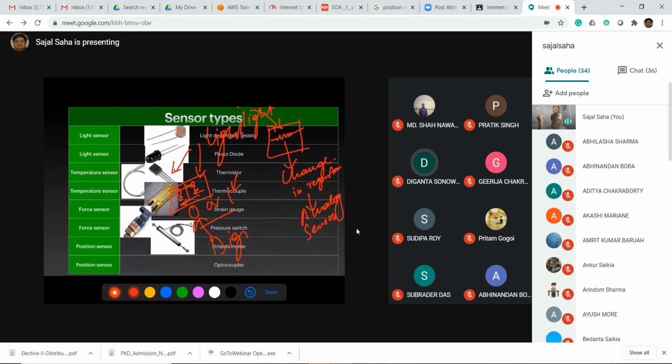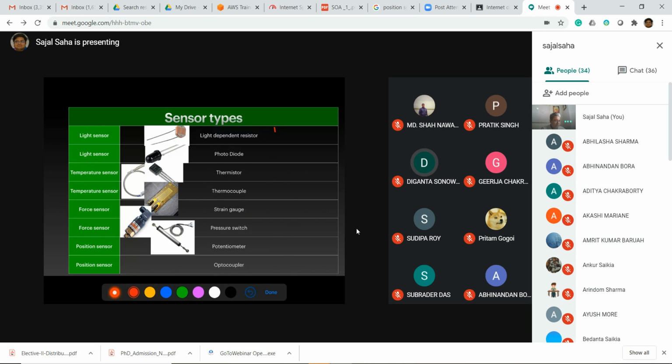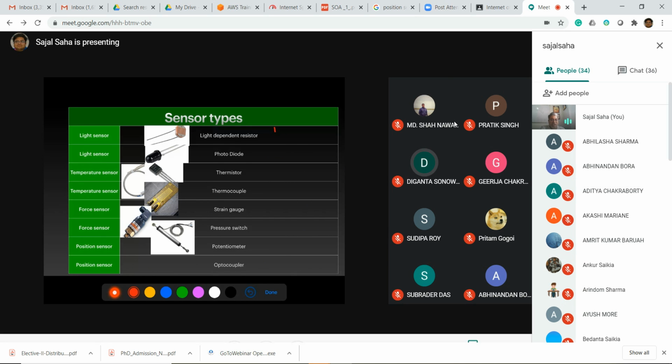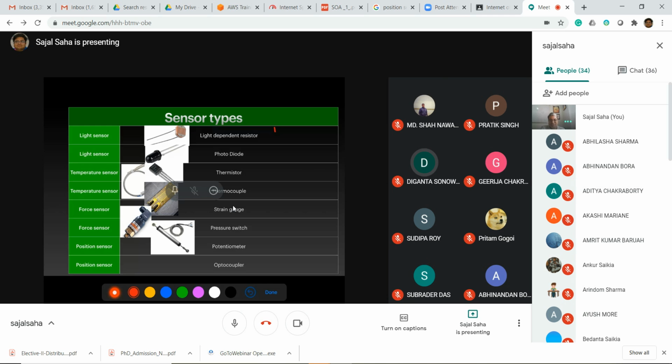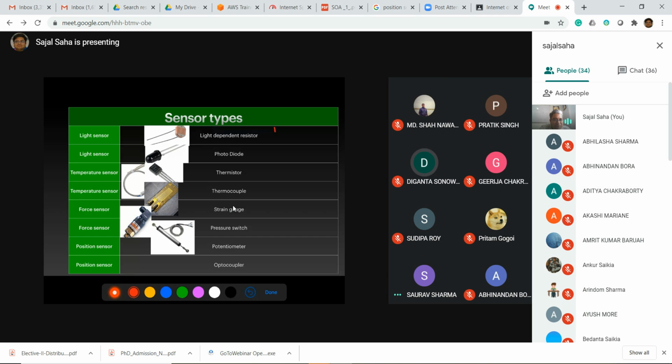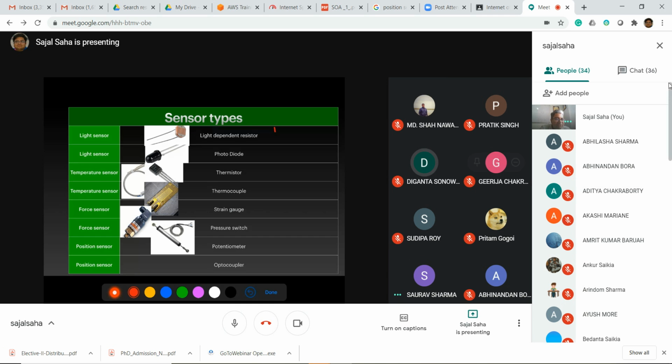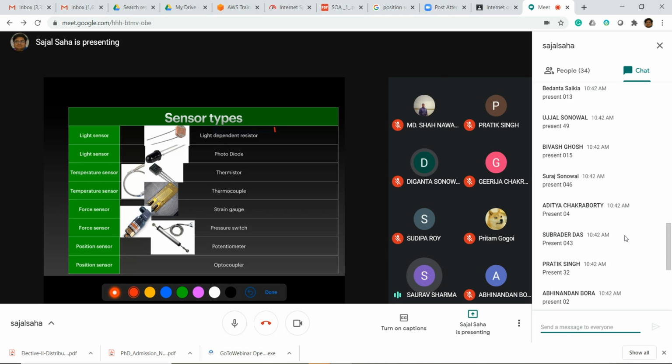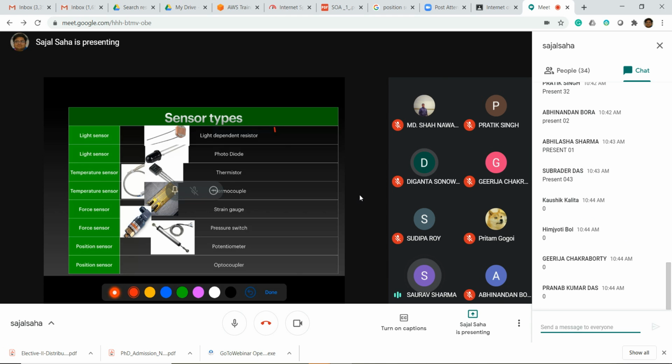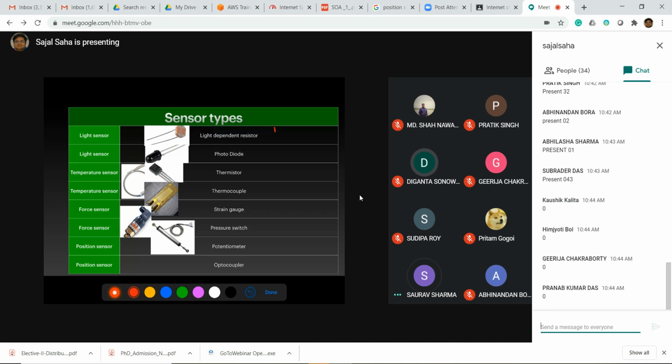So next is the temperature sensor also. In the temperature sensor, I discussed the thermistor and thermocouple in the last class, and also the force sensor, the strain gauge. So can you tell me what is the main application of this strain gauge, where we basically use it? In rail monitoring. Yes, sir, rail monitoring. Amit has answered this one. Very correct. And what else? Another one is aerospace, and bridge activities. Bridge activities also. Yes, very good. Saurabh has given me the answer, right?